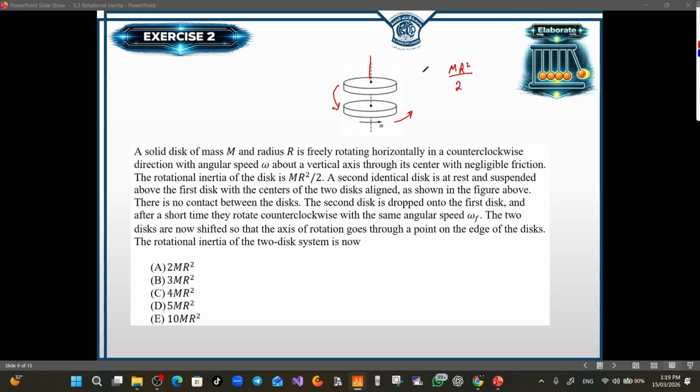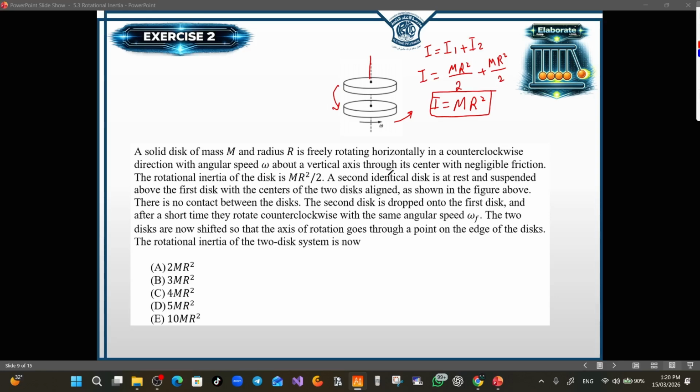and the total moment of inertia of such a system is going to be the combination of I1 from the first disk and I2 from the second disk. Now since they are identical, they will have the same moment of inertia. The moment of inertia for the first body is mr squared over 2, and for the second body it's going to be the same moment of inertia. As a result, the moment of inertia will be given by I is equal to mr squared. This is the total moment of inertia